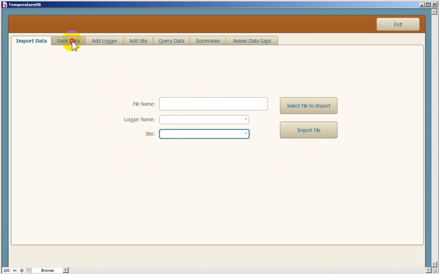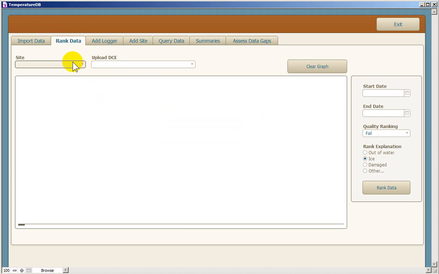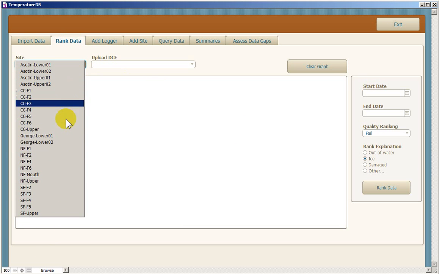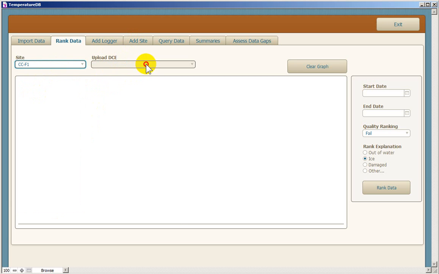So once you have your data in, you can rank the data. So ranking data, you select site, so this would be anything that was added in the Add Site tab. So these are all of the sites where we currently have loggers. So let's say that one I just imported, CCF1, and then it'll have all the data collection events for uploading records, and that will be the date that you uploaded the record and the site and temperature probe name. So if I select that,